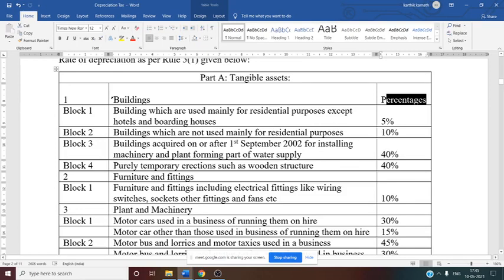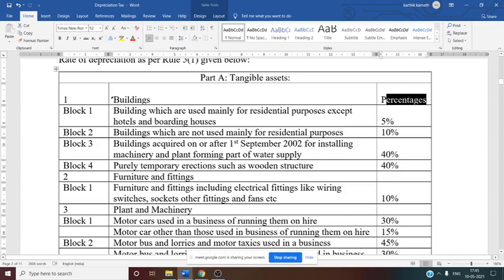So in a problem, building usually they'll give you 5% of building or 10% of building. So we have to consider here 5 or 10% depending upon the written down value. We are talking about written down value method here. So block 1, building which are used mainly for residential purpose except hotel and boarding houses, that is 5% depreciation